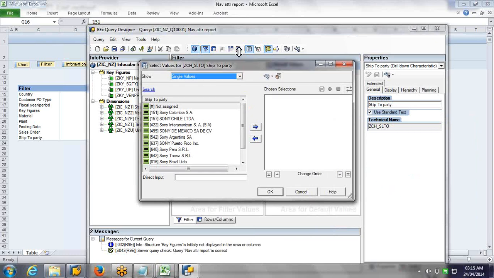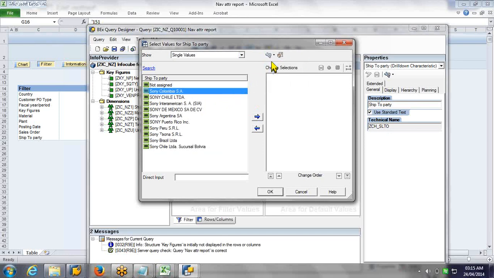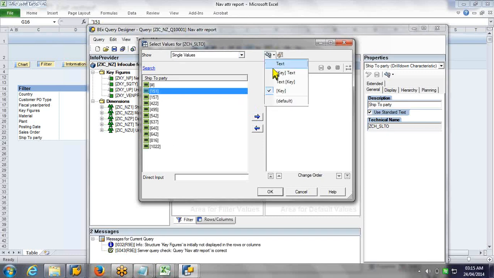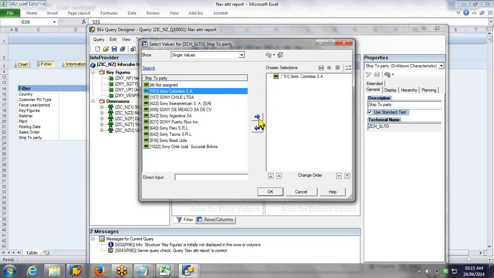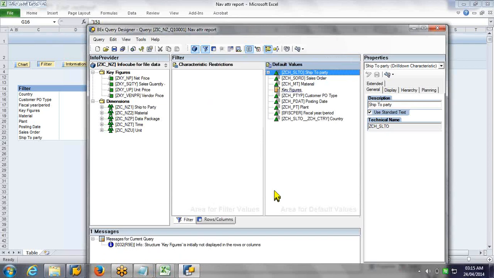It shows me the list of all the possible entries for the ship to party from its master data. Now I want only 151. Again, as I told, on this screen you can see only key and description. I want only 151, so select it. You can select multiple values also. Okay, it is restricted now.